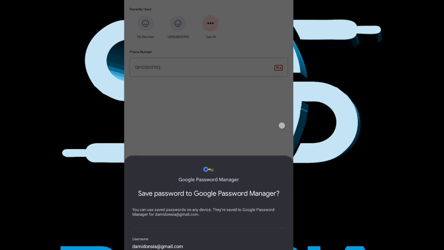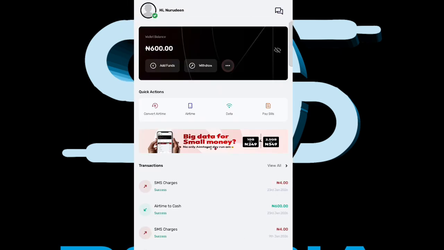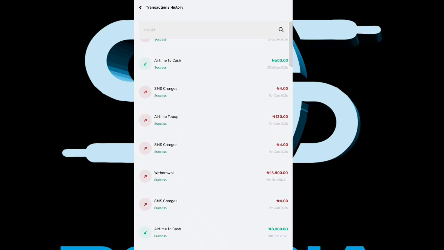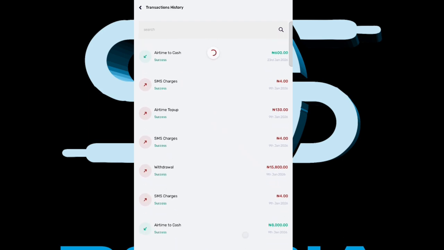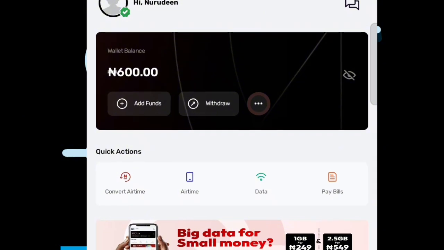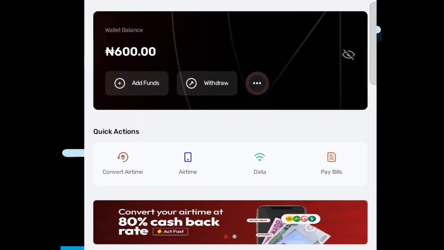Yes, continue. Now I will come back to my wallet here. And you can see the 600 naira has been successfully credited to my wallet. This is the 600 naira. It has been successfully credited to my wallet. And as you can see right here, I've been using this app. It's legit. So now what I'm just going to do next is to withdraw this 600 naira to my local